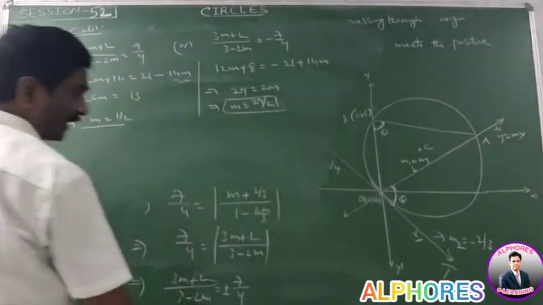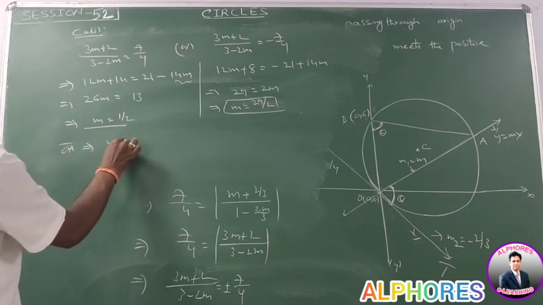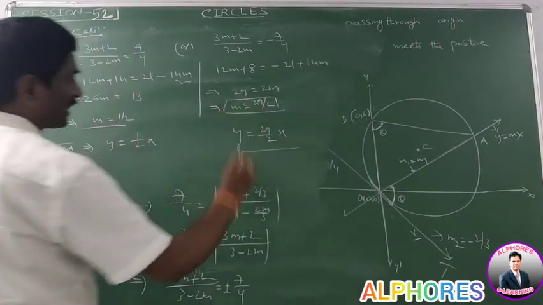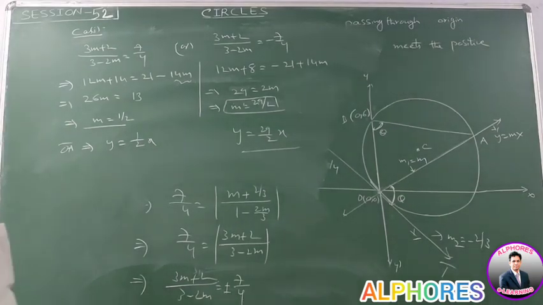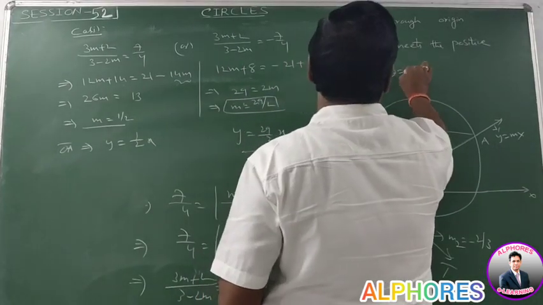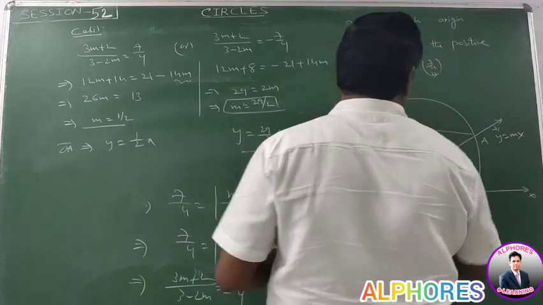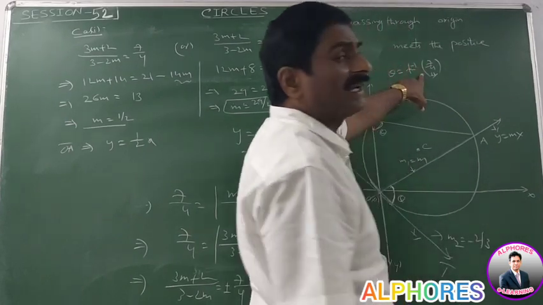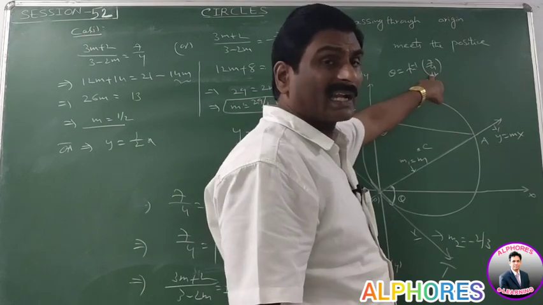So, here there are two possibilities. The equation of the chord OA in this case is y is equal to 1 by 2 x, and in this case is y is equal to 29 by 2 into x. Please observe this value. Out of these, only one is correct. What is the value of theta? Theta is equal to tan inverse 7 by 4. That means this value is approximately 50 point something degrees, whereas tan inverse 1 is 45 degrees.